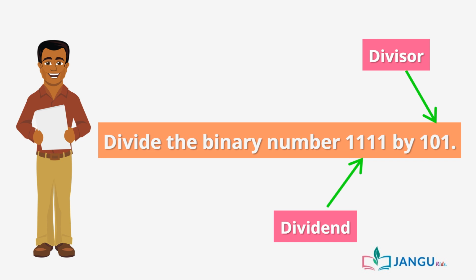Arrange them in their appropriate column, and we have 1111 minus 101 base 2. 1 minus 1 is 0. 1 minus 0 is 1. 1 minus 1 is 0. Then we bring down 1. The first difference we'll note down is 1010. Next, we subtract the divisor from